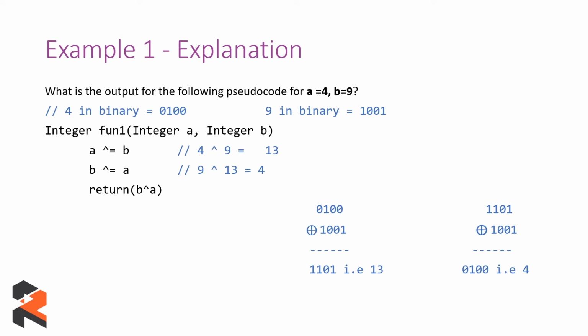So we are doing that. So 1101, that is 13, and 1001, that is 9. We are talking in binaries, remember that. So we have performed that operation, and again since you can see that syntactic sugar has been used here, b XOR equals to a is nothing but b equals to b XOR a. So the value of b is now updated to the updated value after the calculation, which results in 4. So the value which will be returned is 4. So your output in this case shall be 4.